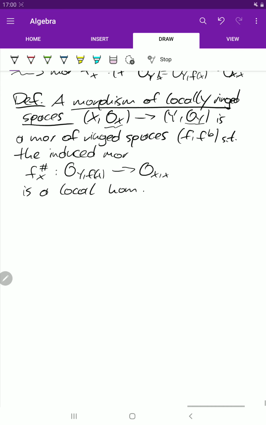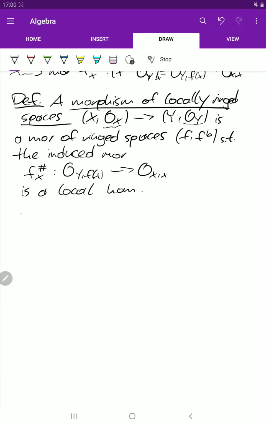Okay, so now an example, and then we'll define schemes. Okay, let's take, let's say just complex manifolds M and N. Let's take a holomorphic map between them, and the structure sheaves are just holomorphic functions.